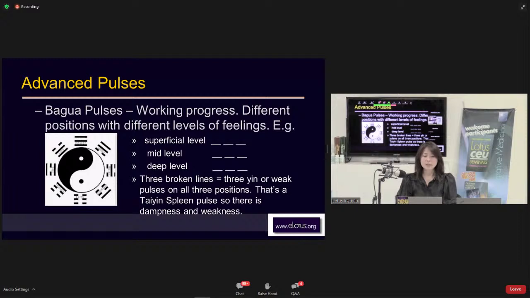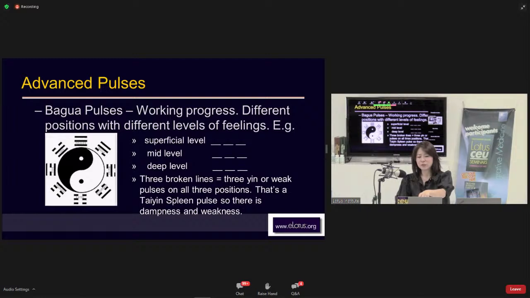Okay, and then this is another one. He has been talking about this advanced Bagua pulse for a long time, but only a little bit. There's no complete system yet. I think it's still a work in progress. When he feels like it, he will feel this pulse on the patient. But different levels have different feelings. And what he's doing is, if you look at the lecture notes that I put down,